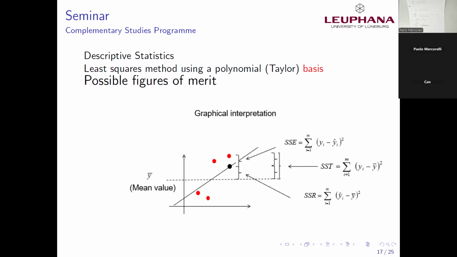So like in this diagram, there's the line. This line is the mean value, no? Is it like